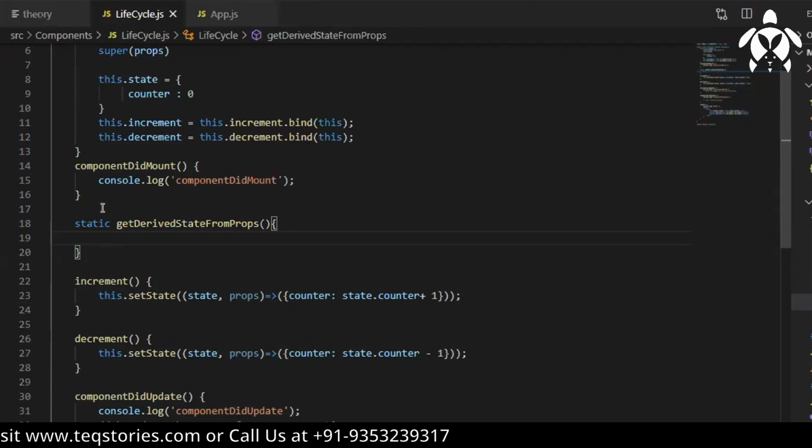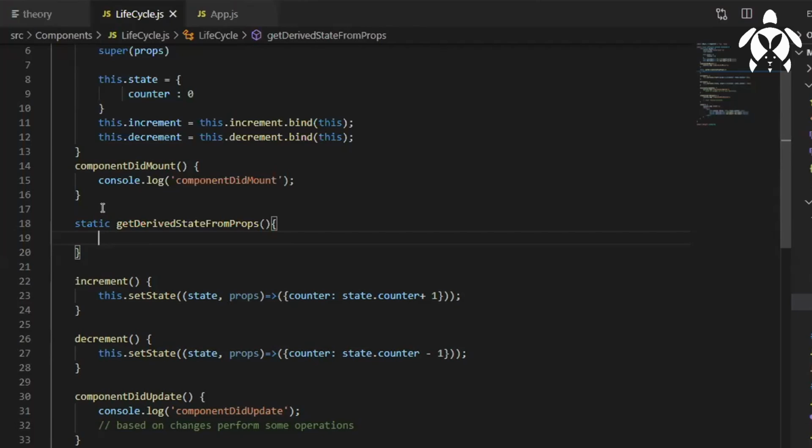The purpose of this method is to copy any value from props to state. Let's say from my parent component I have passed some props. Before we change anything, if you want to copy some data into the state of your own component, you can do that. That is why we are using getDerivedStateFromProps. As it is a static method, we won't have the this keyword, so we won't be writing this.setState. We have our own way of copying the data here.